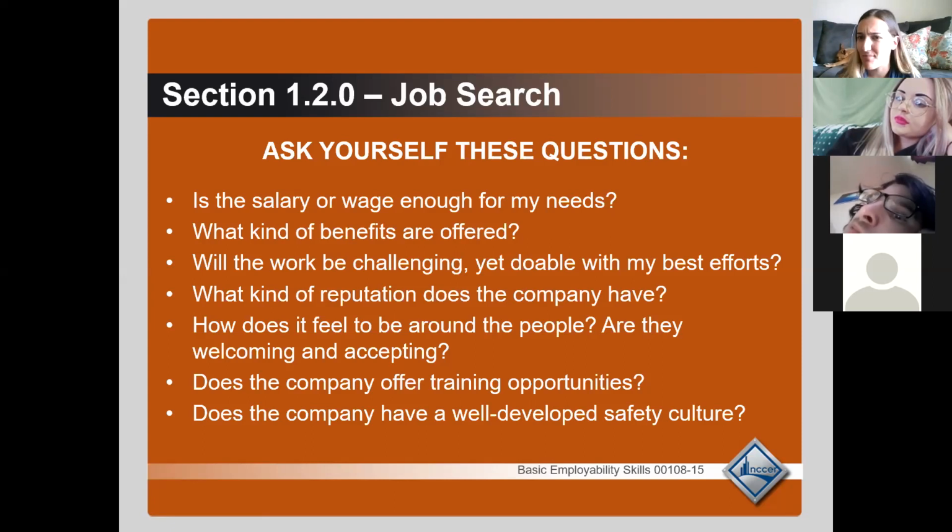Do a little research on the company. If you're applying for a certain construction company, you can go and Google that. Some people may have written some reviews, previous employees that say, hey, this is a really crappy place to work. The boss is really mean and you don't get any hours. And people share a lot of stuff on companies.